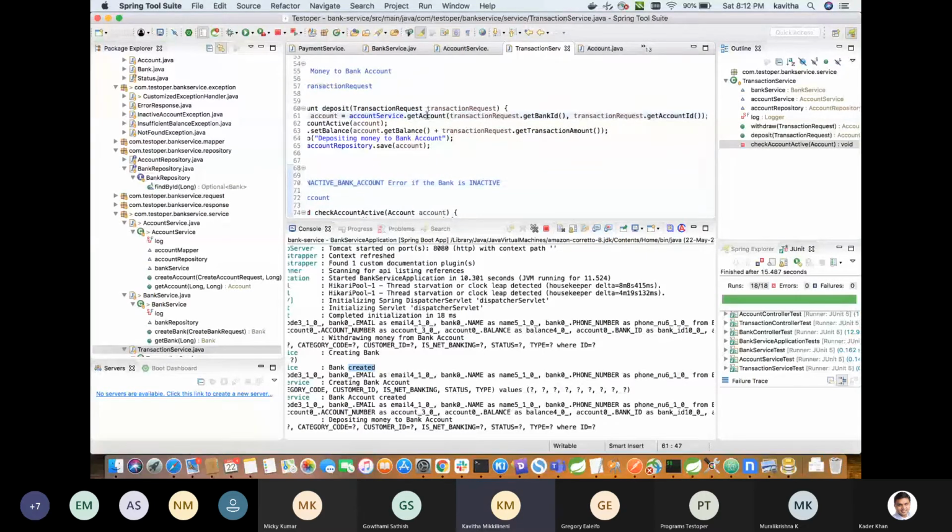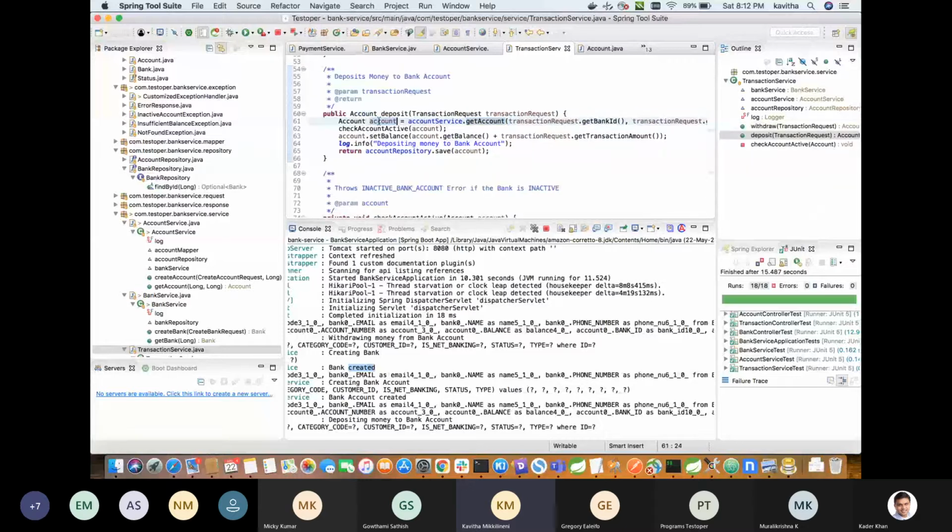We are getting the account details based on the bank ID and account ID I passed, and using that object and doing a save operation on that. In plain JDBC terms, it is like: update account table where account ID is equal to 2. So that kind of operation has been performed by this method without writing any queries.